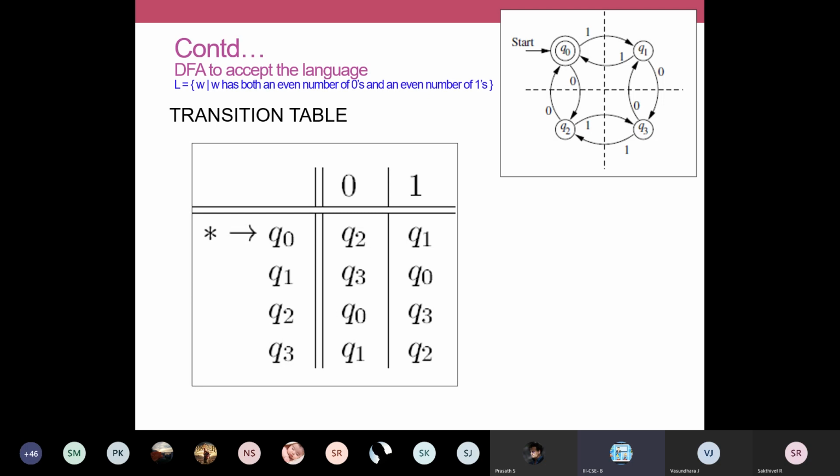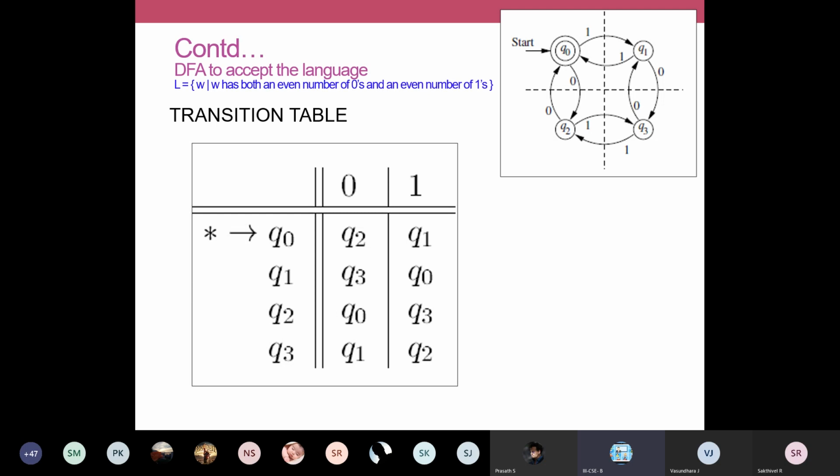How to prove whether a diagram is correct: we are going to use our transition function. We are going to use our extended transition function to prove that the string is correct. So here you note down this diagram. I made Q0 the accepting state. So in the table also, Q0 will be both the initial and accepting state. You just note here, you have an arrow and a star.